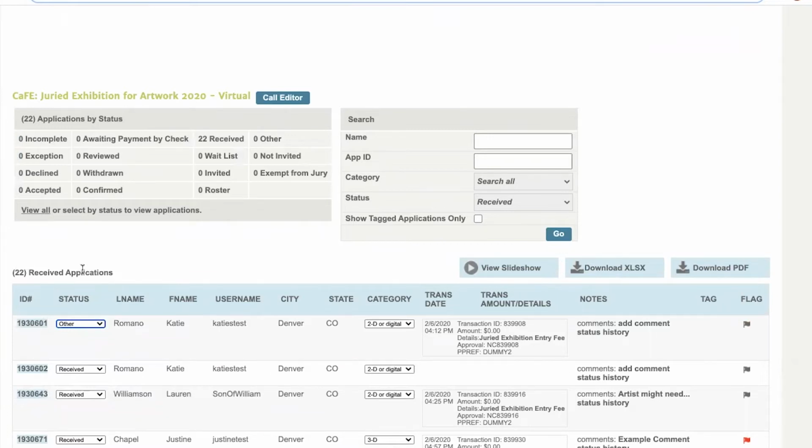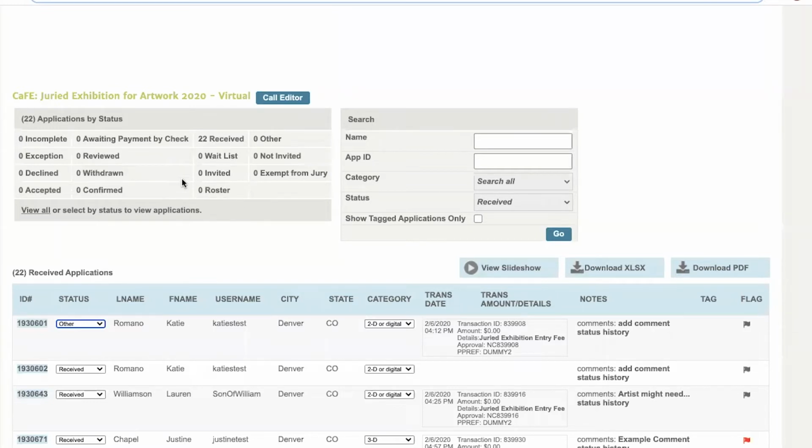And then some others that could be useful could be maybe withdrawn. You can put an artist in the withdrawn status if they remove it from consideration, or if maybe they're disqualified from the event since they're not eligible, you could place them in the withdrawn status. Other ones that aren't used as frequently are like exempt from jury. This could be used if a board president or something like that is exempt from the jury and already going to be participating in the event. You could just set them aside here. And then any of these other statuses are really available to you if you need them.